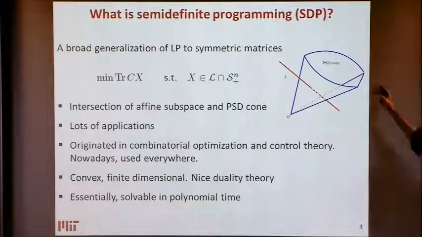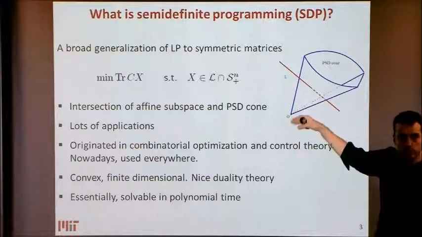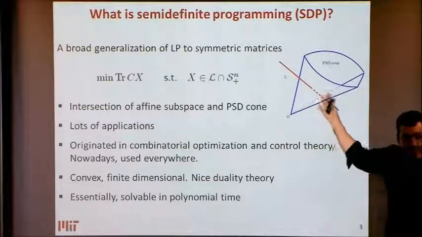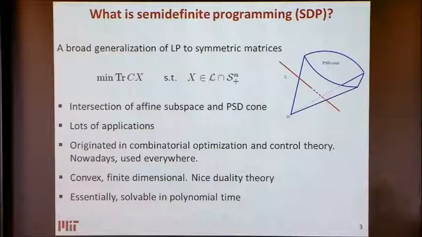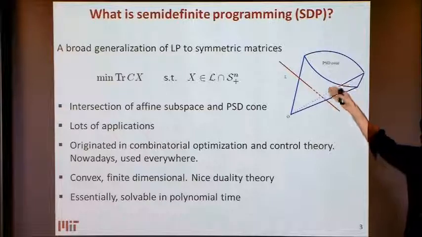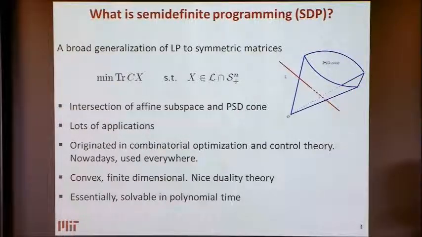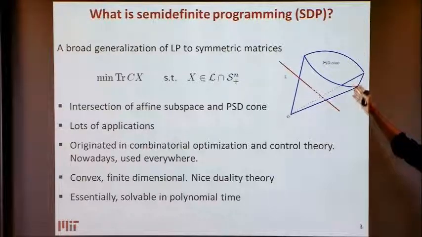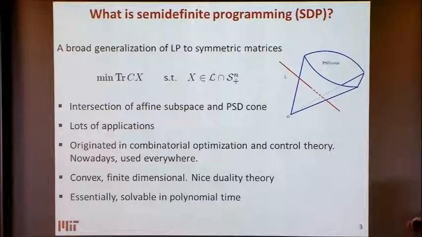And why this is nice, again, I'm going to abstract out how we actually solve it. The reason why this is nice and convenient is because it's a nice class of convex finite dimensional optimization problems, but a little bit more than that. It's not the kind of thing where we could just apply the ellipsoid algorithm, a general purpose convex optimization method, but there's a lot of structure in here. This is defined by determinants, we have nice computable barrier functions. So there's a lot of things that we can do in here that parallel very much what we can do in the linear programming case.